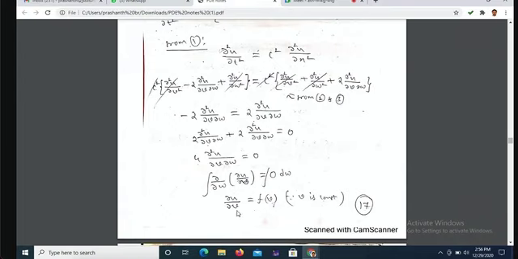So that ∂u/∂v equal to, this is nothing but f of v. Why is it f of v? As you know, if you integrate 0, you will get some constant. Some constant means what you treated as constant here. You treat v as constant because it's a function of v and w. So you are treating w as variable, v is constant. So that's what I have taken f of v.